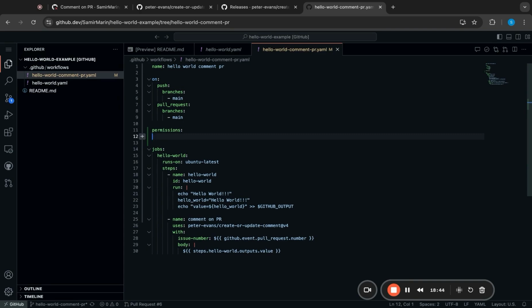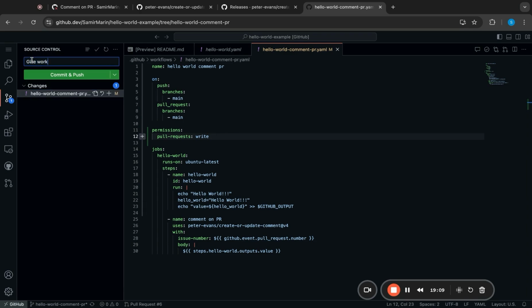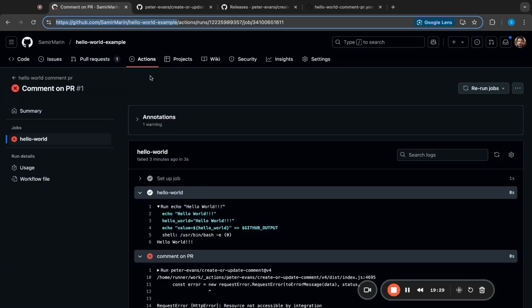There are numerous permissions that you could add here. We're going to cover this in more detail in later videos, but what we want here is just the pull request write permission. So we just say pull request and then write. So this should give our workflow the permissions to write to a pull request. Once we've done that, we just need to commit and test. So let's come back up here and say give workflow PR write permissions. We commit and push, and then this should trigger right away again